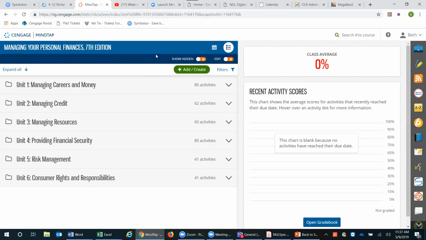But this session is not going to be about this specific title. It's really going to be a Mindtap overview, just so that you can see the ins and outs of Mindtap pertaining to anybody's book. So first thing that you'll notice over here on the left-hand side, this is what we